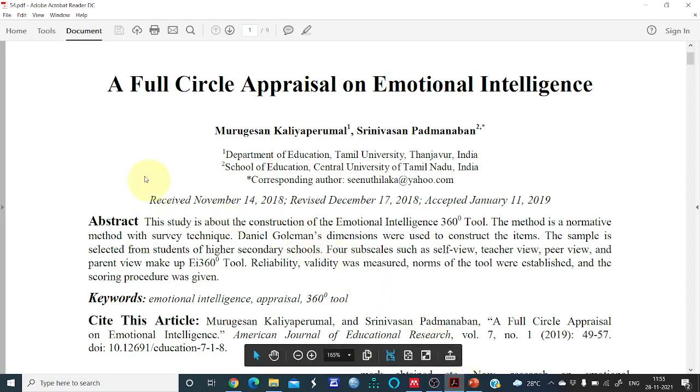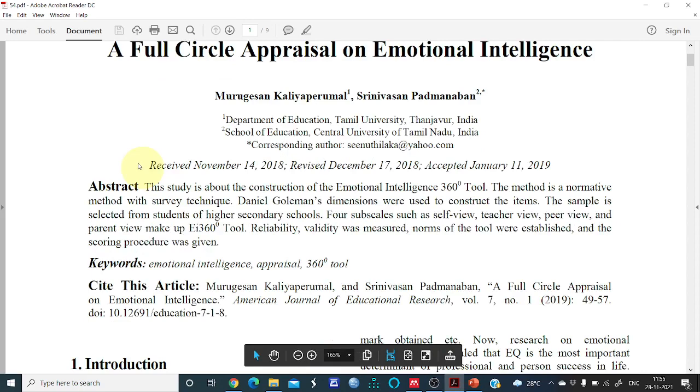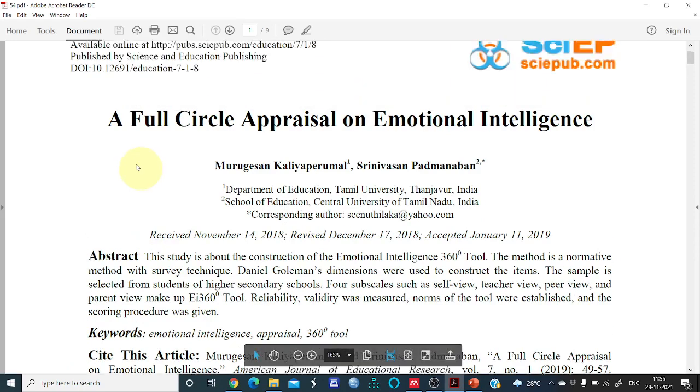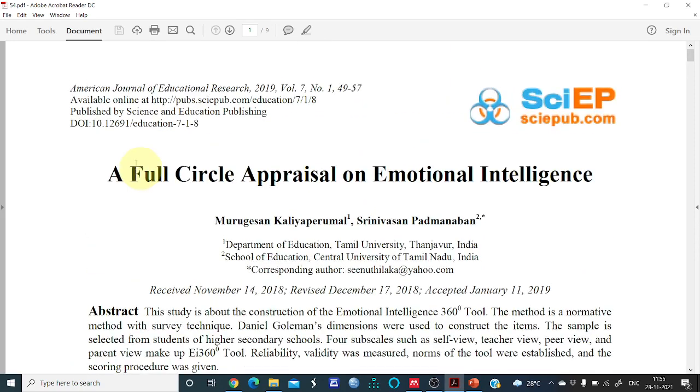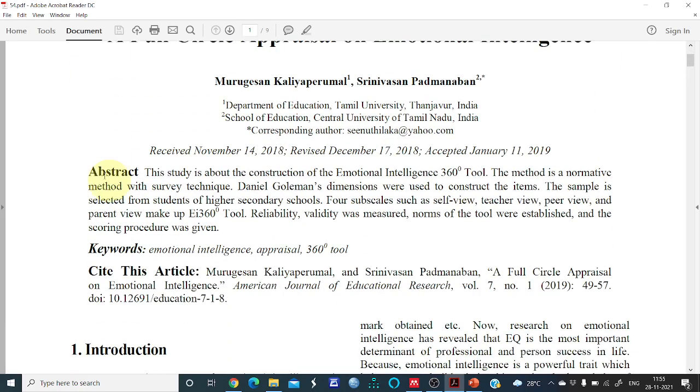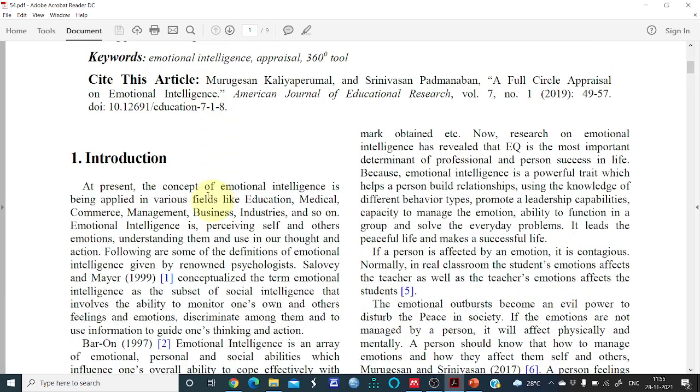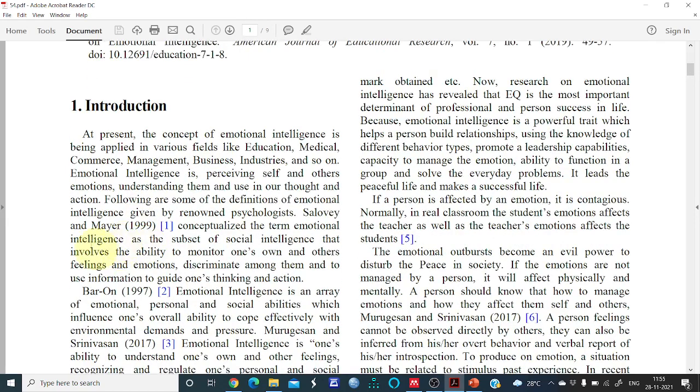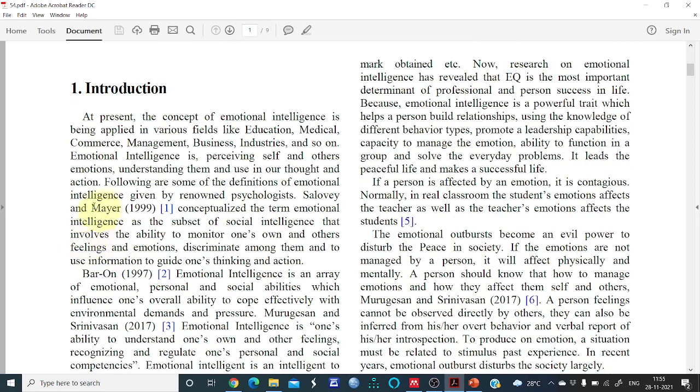So let us see this article. This is an article published in the American Journal of Education and Research. In every article, we will be having citation and referencing. Citation is the in-text part while writing the paragraphs.